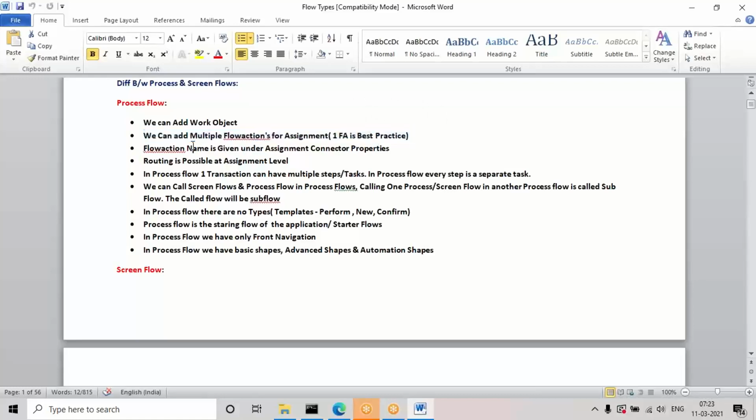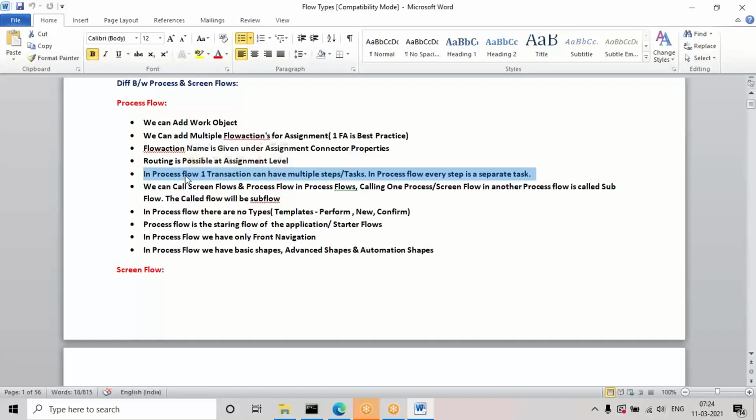In the process flow, the flow action name is given under the assignment connector settings, but in screen flow it is given directly under the assignment settings. Routing is possible at assignment level in process flow, but in screen flow routing is possible at flow level only, under the start shape properties, because in process flow every assignment is considered one step or task, but in screen flow the complete flow is considered one task or one step.